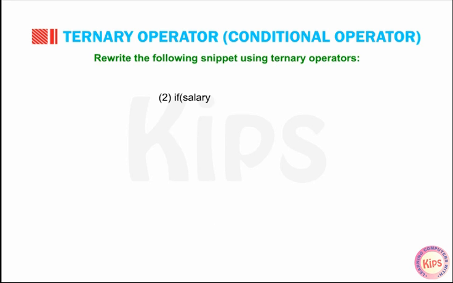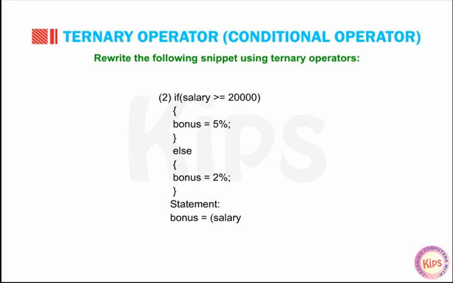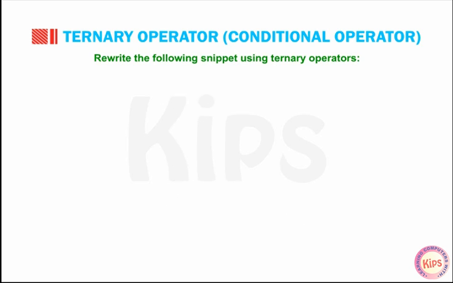If (salary >= 20,000) { bonus = 5%; } else { bonus = 2%; } Statement: bonus = (salary >= 20,000) ? (5%) : (2%);